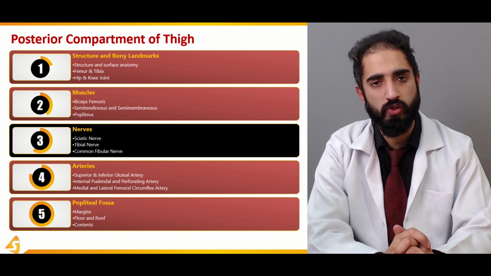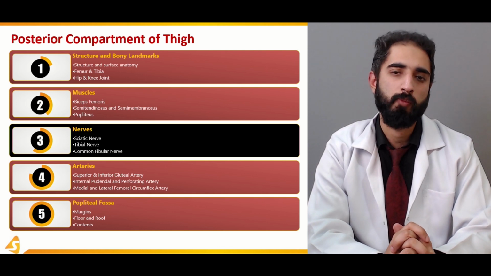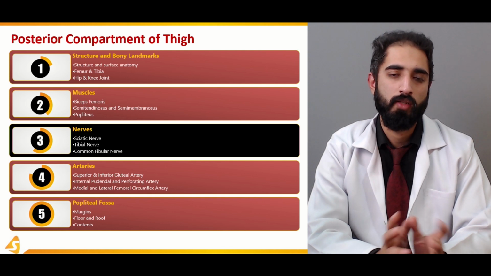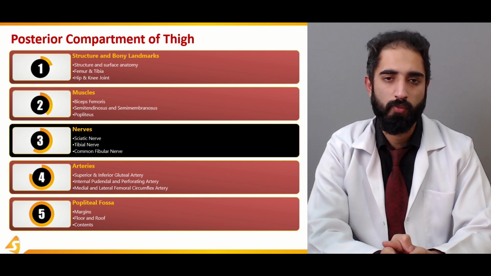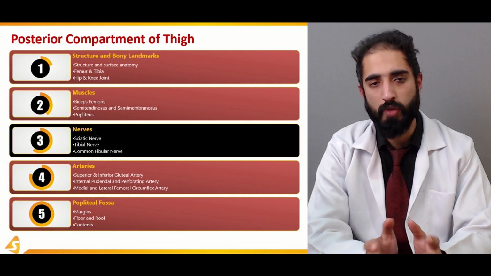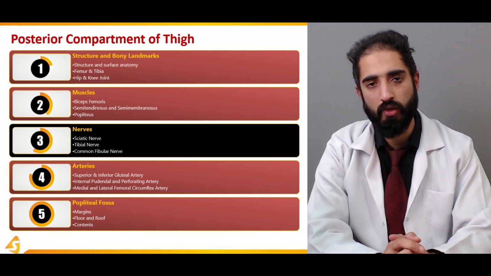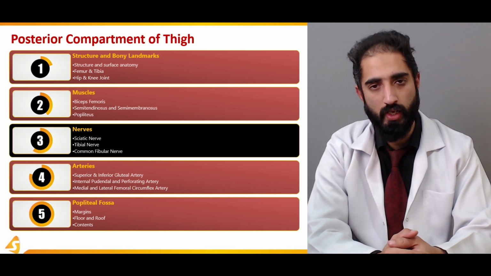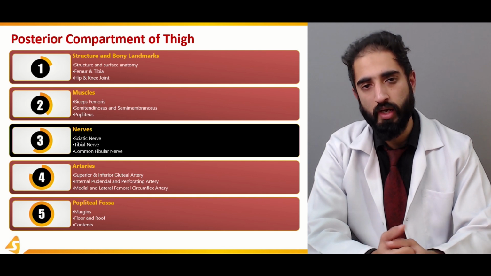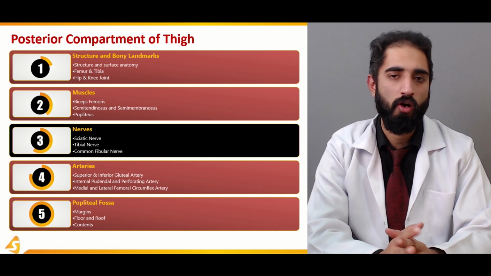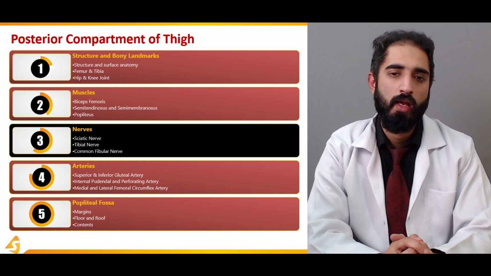And talking about the posterior compartment of the thigh, a very important structure and a very important nerve, which is the sciatic nerve, actually courses down the posterior aspect of the thigh and then distributes into its two major branches, including the common peroneal, also known as the common fibular, and on the other hand, the tibial. So tibial nerve and the common peroneal nerve are the two branches of it,